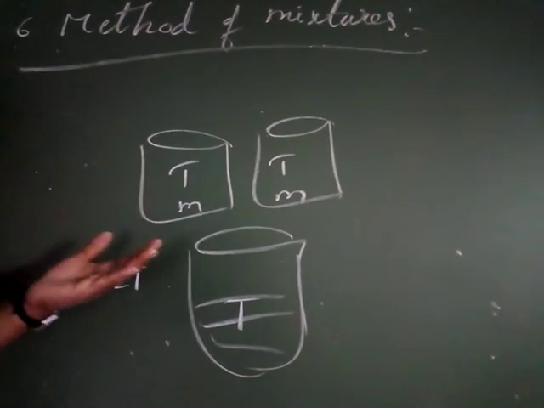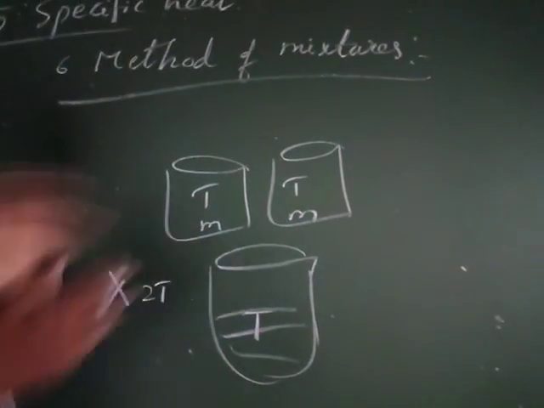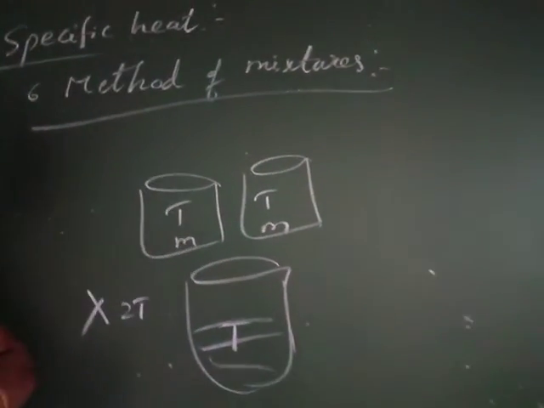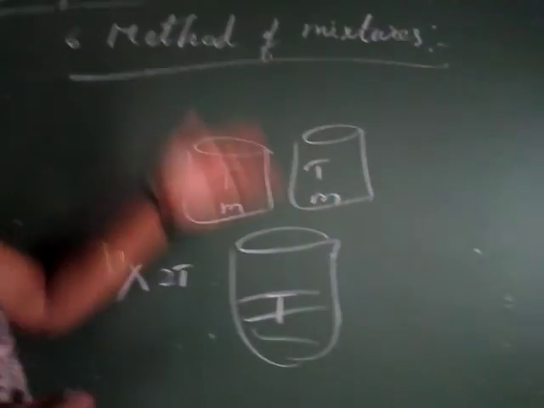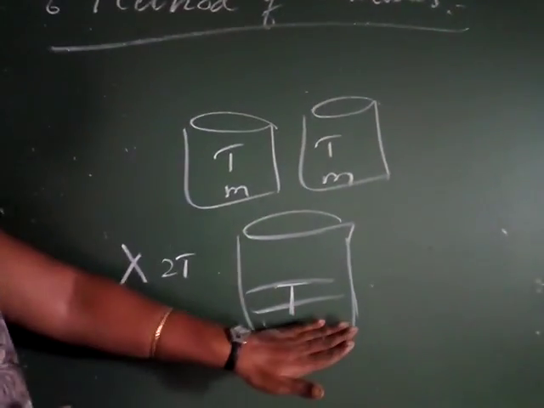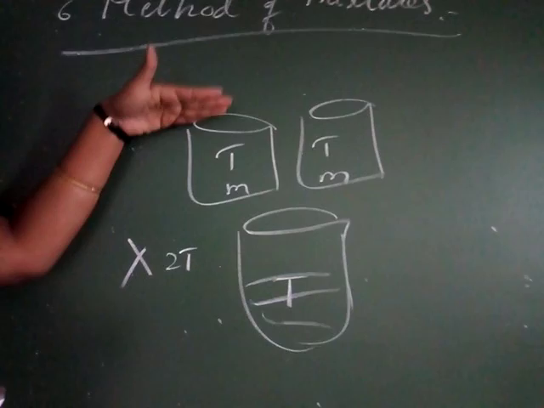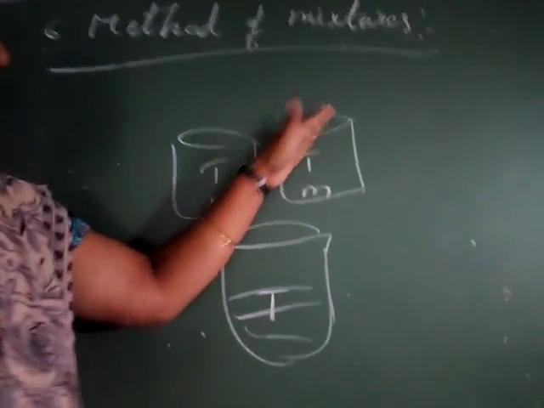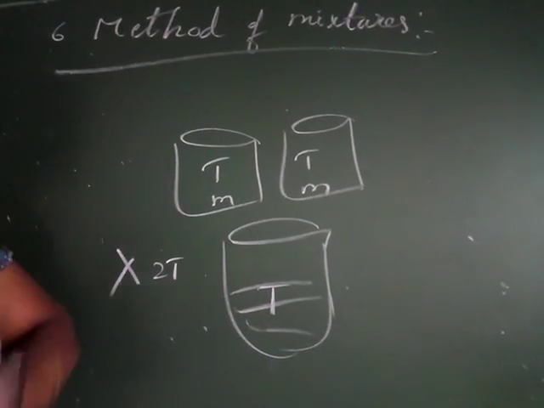Okay, when you add two hot waters, suppose you are boiling water, again you will get boiling water only. But 200 degrees will not come, no. 200 degrees Celsius will not come. We will get the same temperature when mixing water. Okay, when you take same temperature substances, we will get the mixture temperature also the same only. Okay, do you understand? That is the first situation.